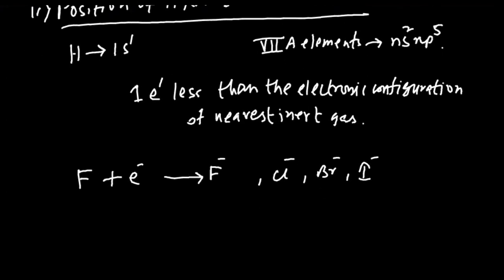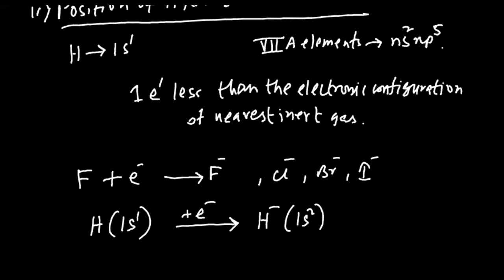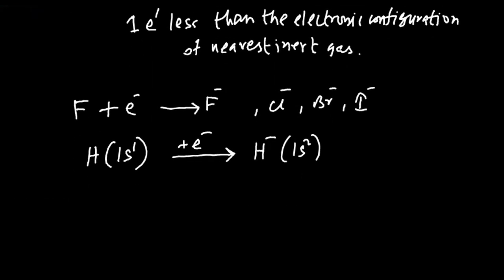Like that, hydrogen will also take up 1 electron, since it has the configuration 1s1. It becomes H minus to form the stable duplet configuration of helium. So that is the reason why hydrogen can also exist as H minus by accepting an electron, and this is why the question was raised that hydrogen can also be placed in group 7A. Also, there are other reasons like formation of covalent compounds, or their non-metallic characters.